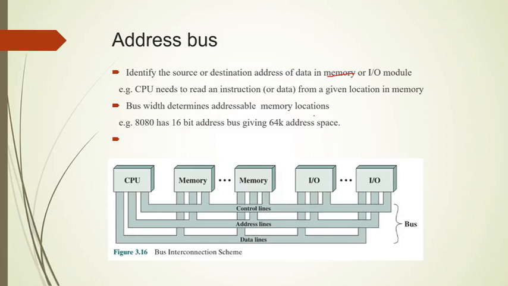It gives 64K address space. What does that mean? Now it says that the 8080 computer architecture has a 16-bit address bus, and it gives a 64K address space. What does that mean? Can you calculate it? How is it